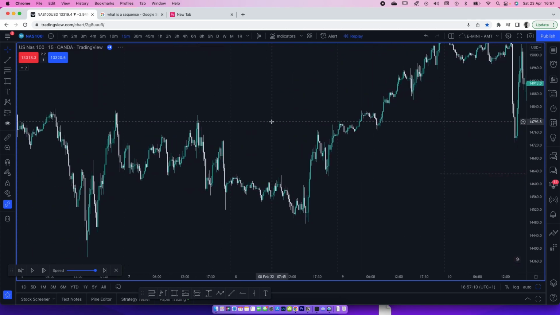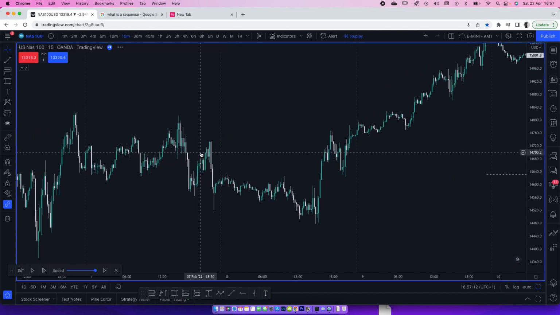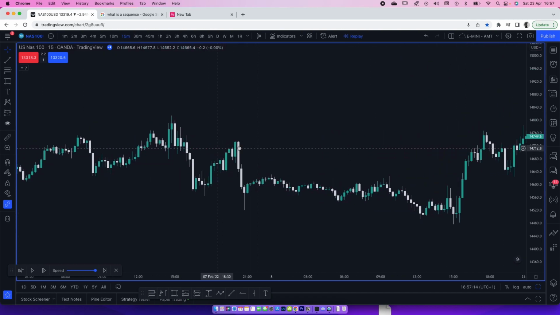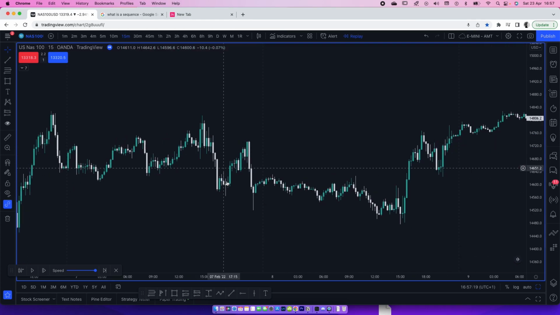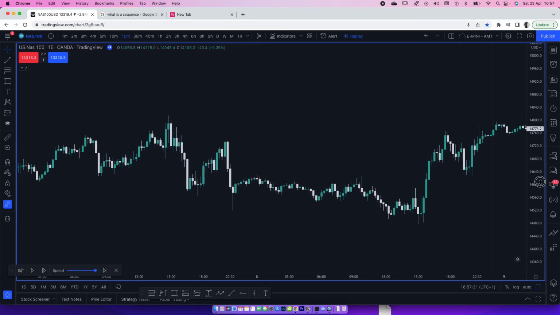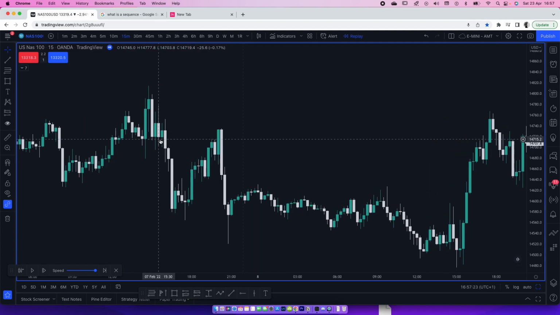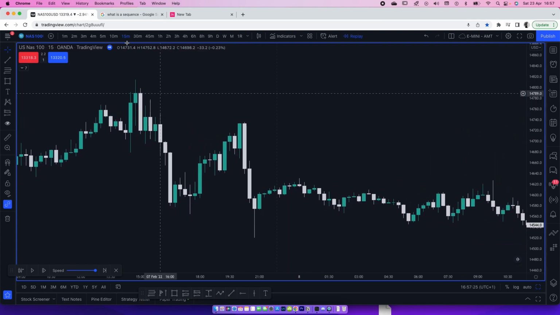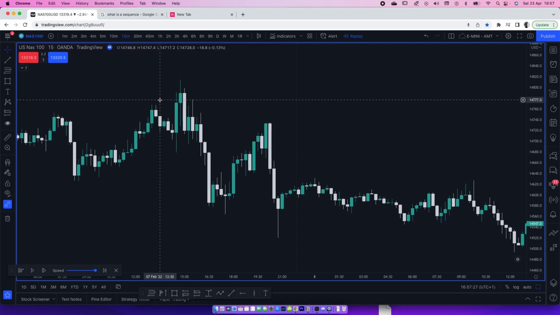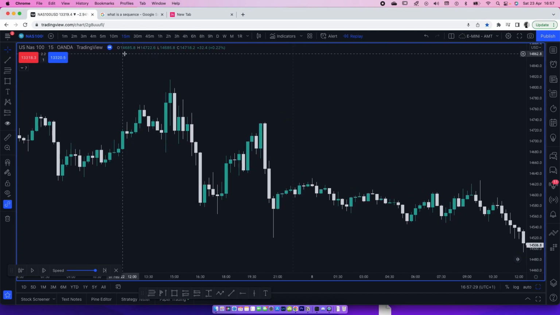Do we have an ICT somewhere here? Indeed we do. All right, nah, I wouldn't trade this. I mean, it still holds. Actually, yeah, it still holds. There you go. So in this example, maybe we need to look at it on a 5 minute or something like that. But anyway, in this particular example, what do we have?